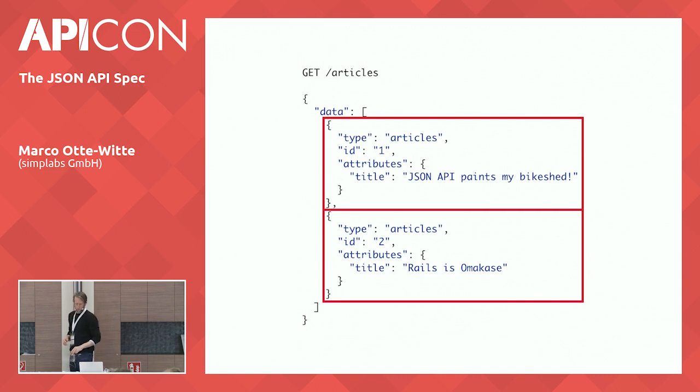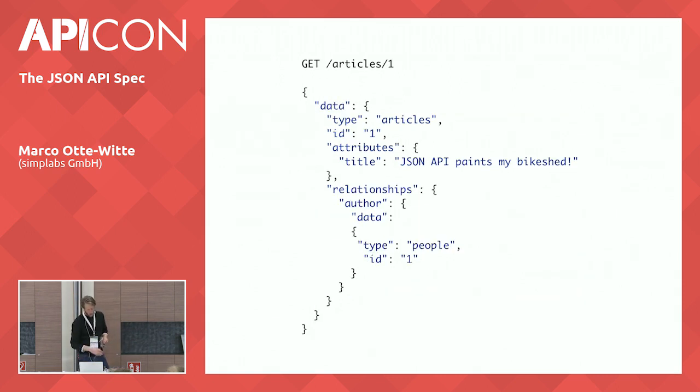So, of course, attributes are relatively easy. What's usually a bit more complicated is relationships. So, of course, JSON API defines something for relationships as well. So here we have a bit of a larger resource object. The top is still the same, so you have type, ID, and attributes, and then next to attributes you have the relationships key, which contains the article's relationships in this case.